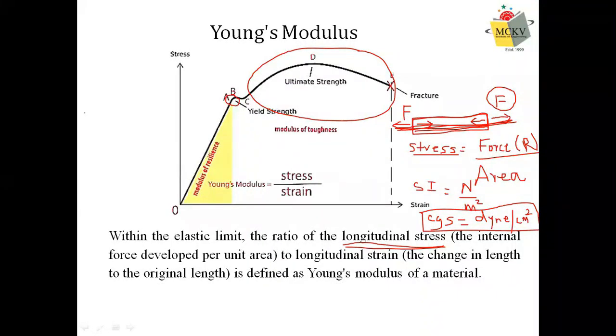I am drawing again for simplicity. Let's say this is my object and this is the longitudinal axis of the object, that is, the lengthwise axis of the object. So any stress developed inside the body which is along this axis can be in this direction, that is compressive stress. These stresses are compressive in nature, or tensile, that is along this direction.